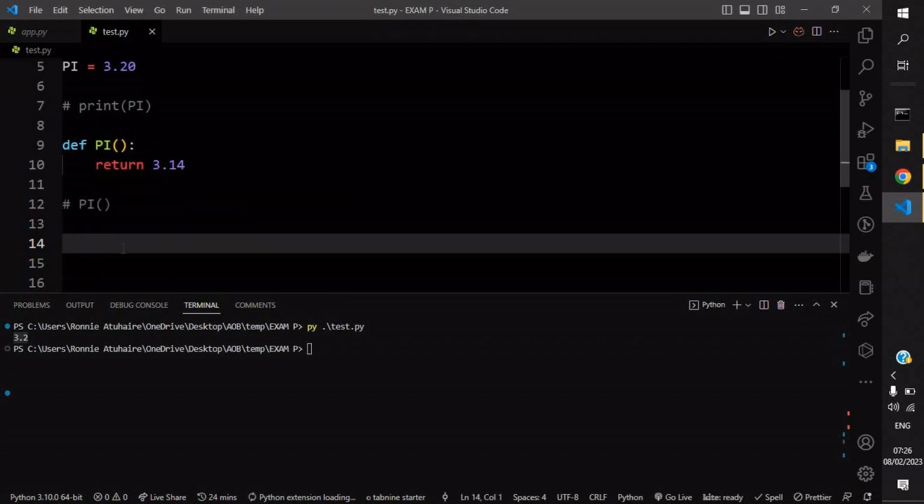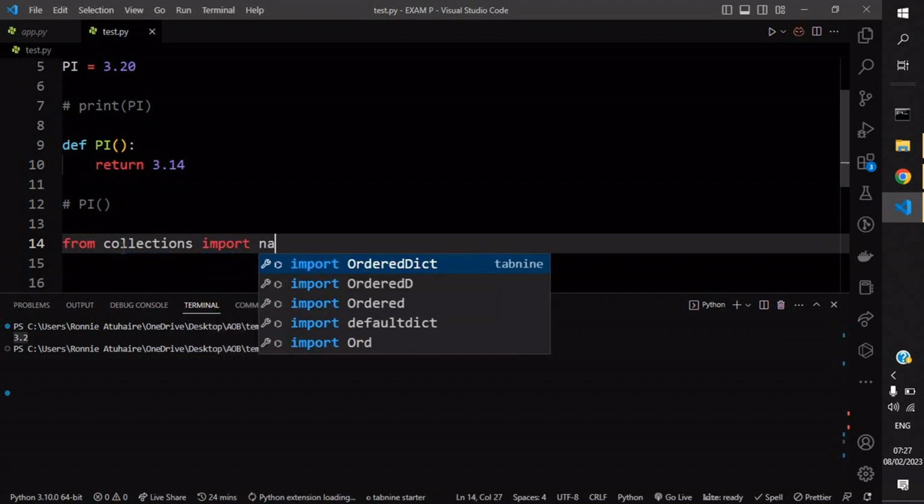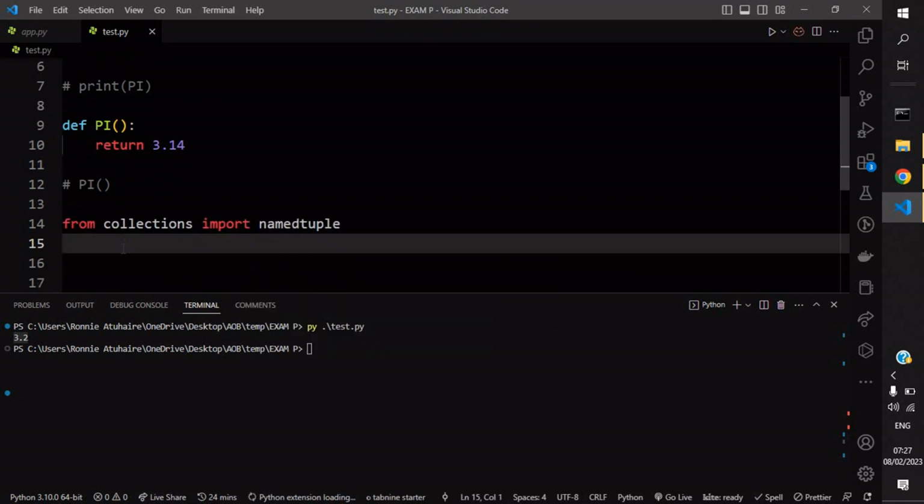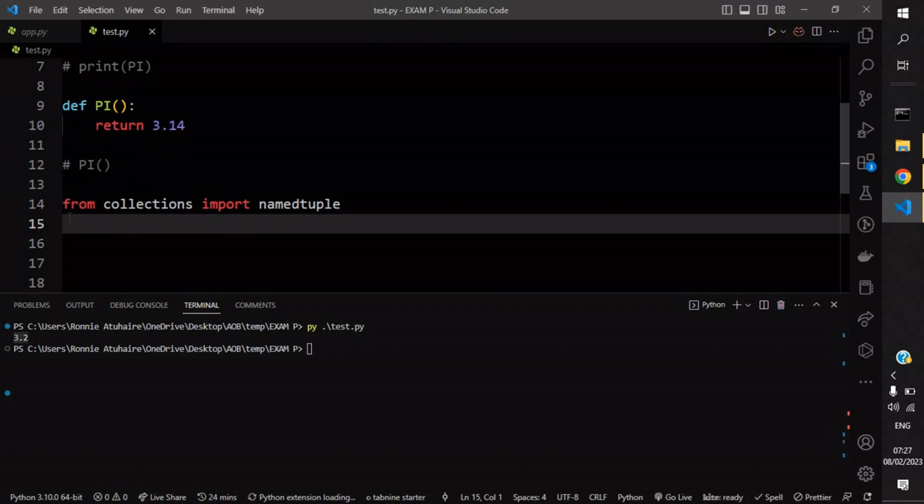So let me take you to another straightforward method that you can use without pip installing anything. You can just say from collections import namedtuple. Tuples, we all know that they are immutable. You can try to use those tuples to achieve that immutability. So I'm going to call it, let me call it C. Then after calling this, you just say namedtuple.